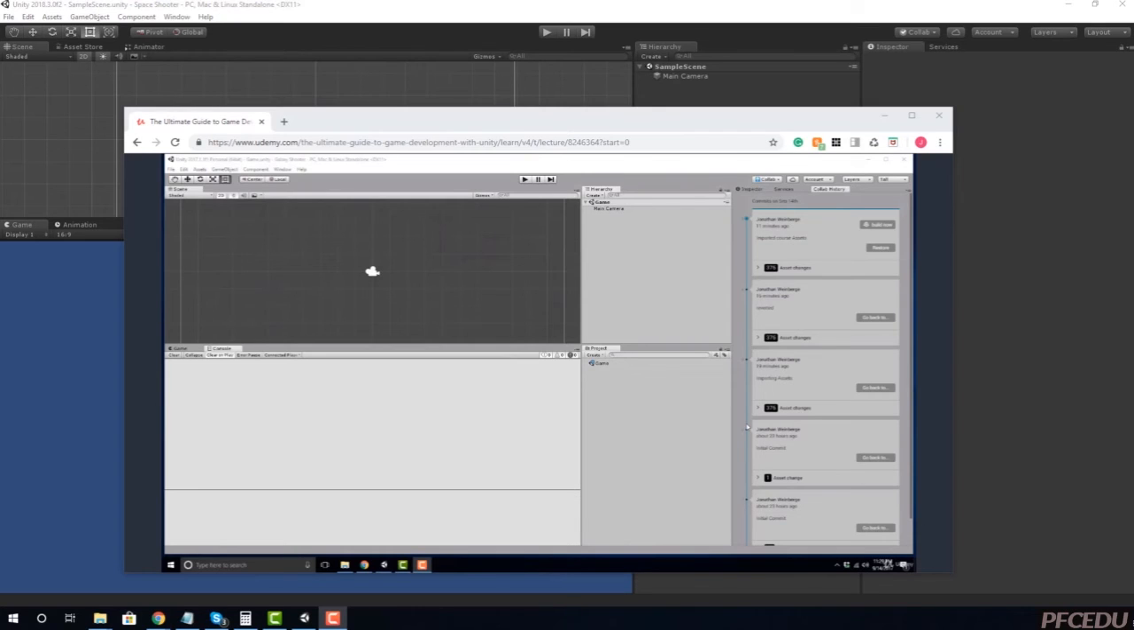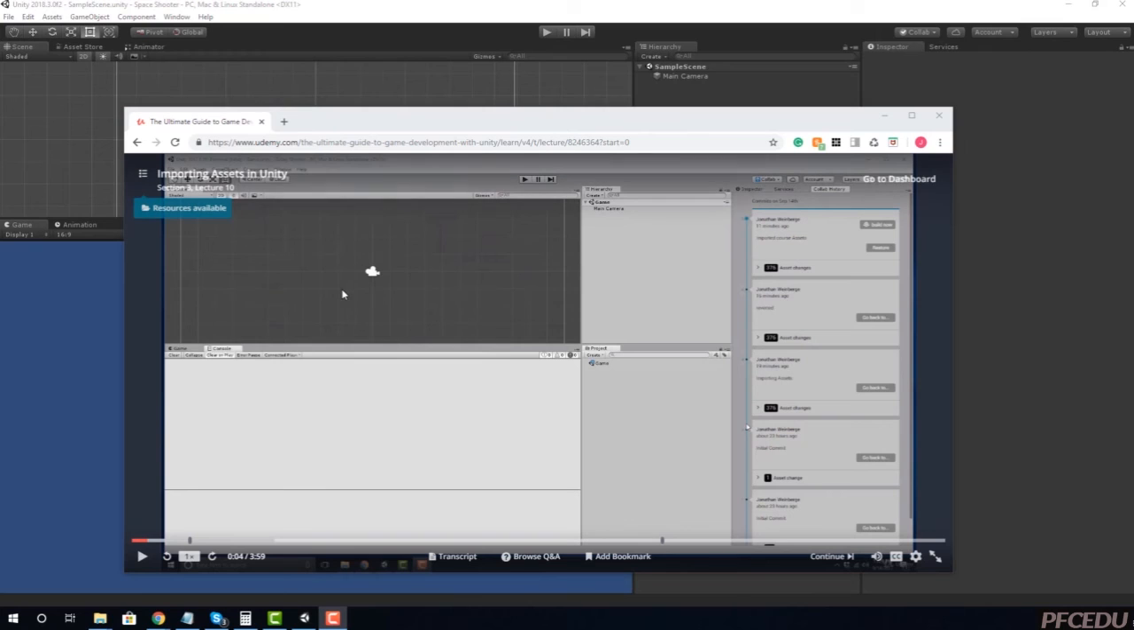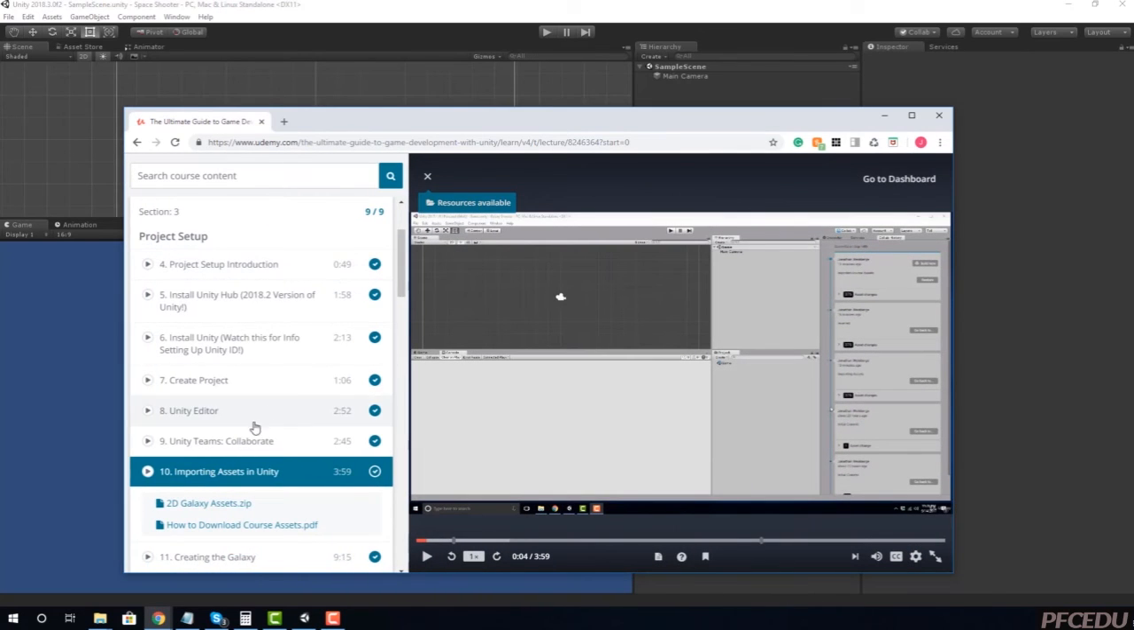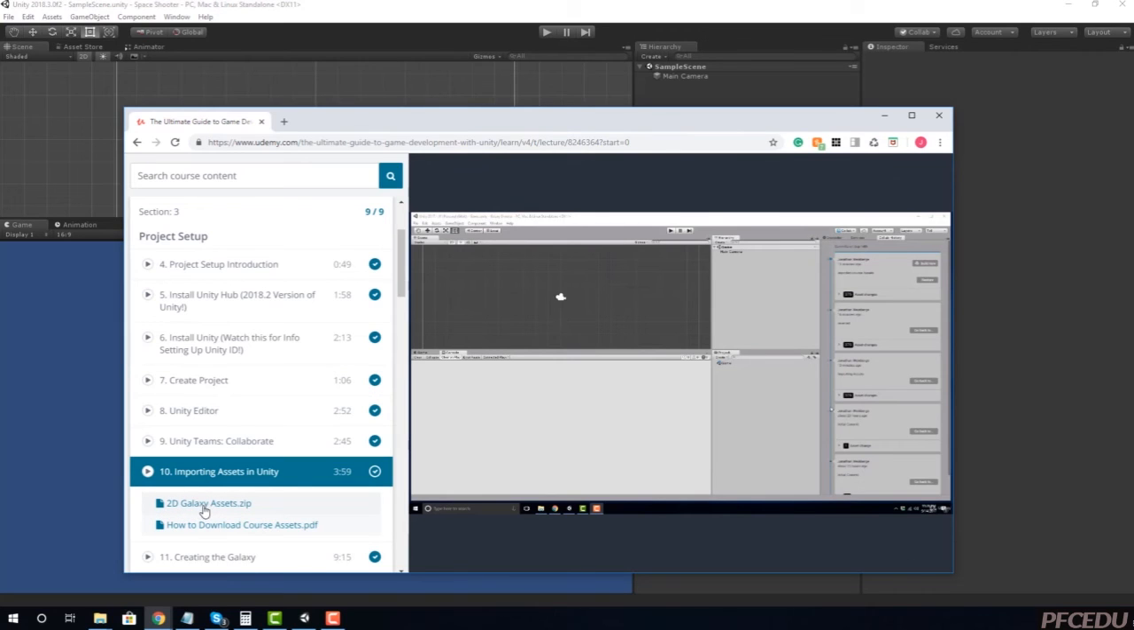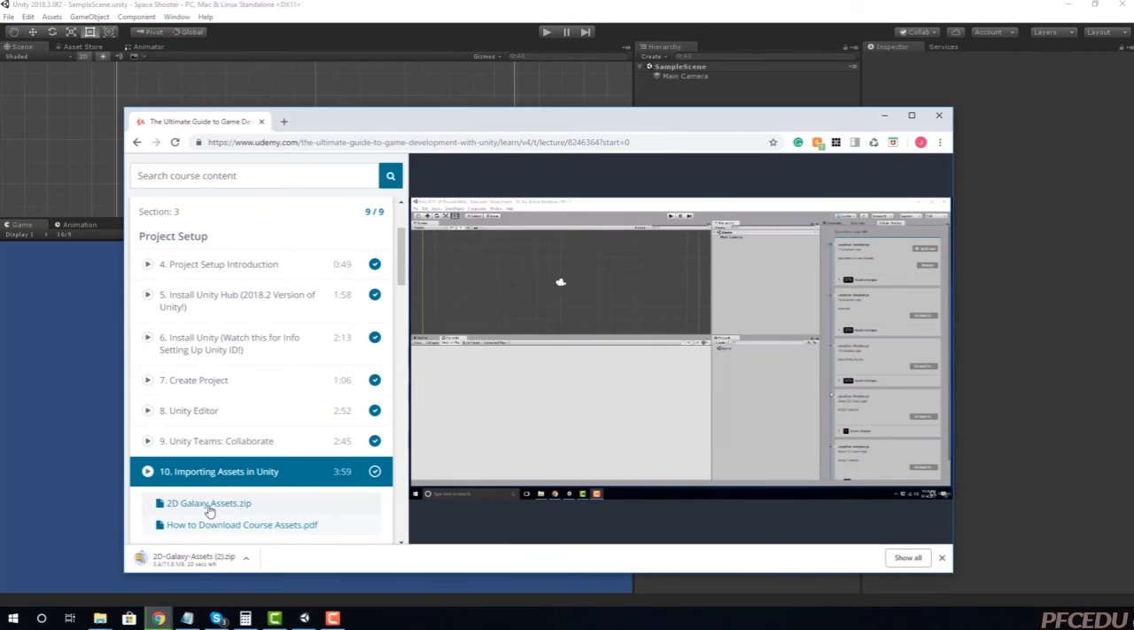In this video, we are going to import the course assets for the Unity 2D Space Shooter game. Now, if you're watching this video, if you hover your mouse here, you'll see that there's a resources available icon available in the top left. Select this little blue label, and that's going to slide out this info panel, and you want to click on 2dgalaxyassets.zip. That's going to automatically download the assets, and once you do that, you need to go to the folder location,